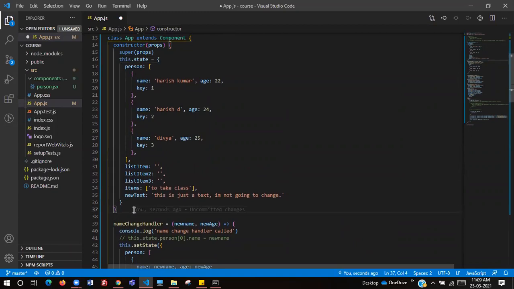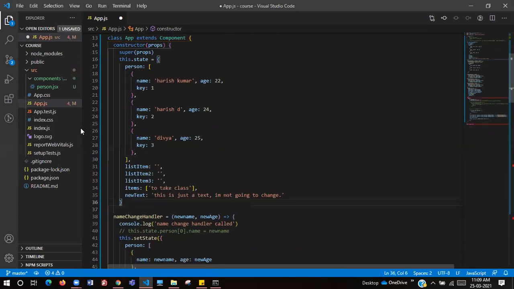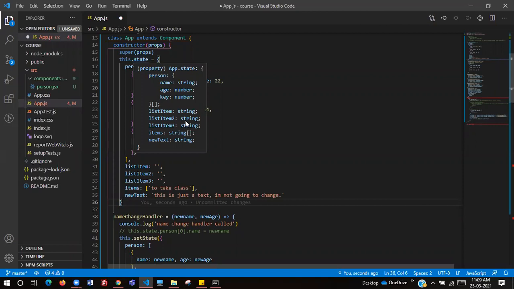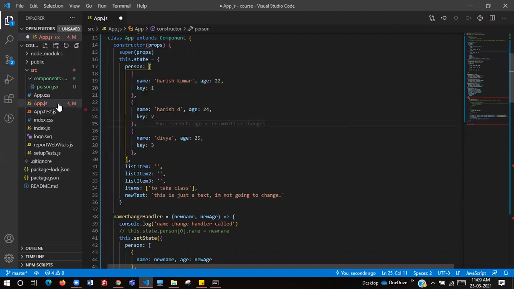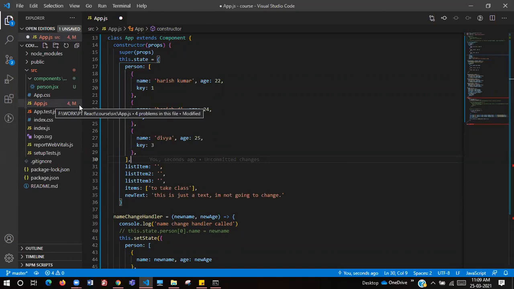See, I'm removing the closing of this constructor. Now I see my app.js has an error, right? You see that red on the app.js file. 4 problems in this file.